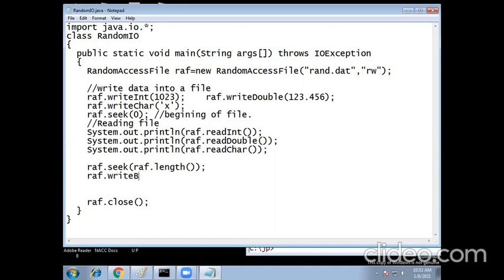RAF dot writeBoolean, suppose false I am writing.